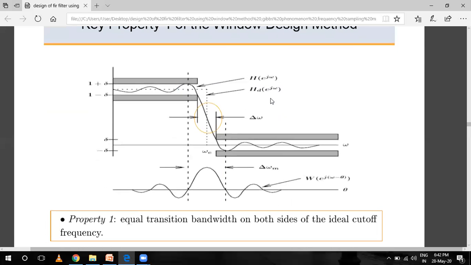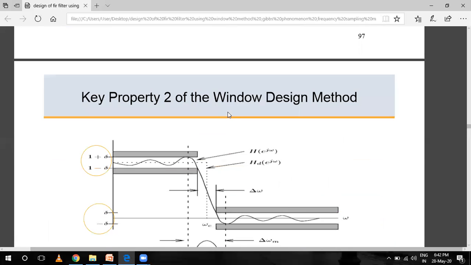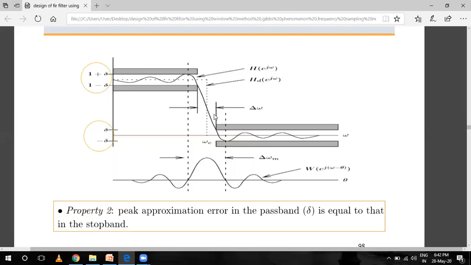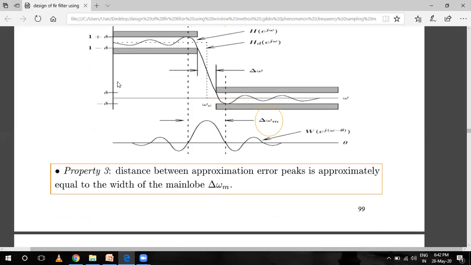This is the window design method. Property one is equal transition bandwidth on both sides of the ideal cutoff frequency. This is my graph for the filter. The next property of the window design method is that the peak approximation error in the passband, delta, is equal to that in the stopband. The next property is that the distance between the approximation error peaks is approximately equal to the width of the main lobe,